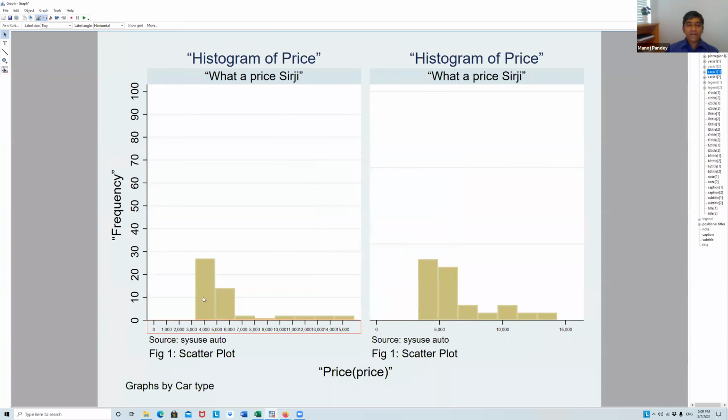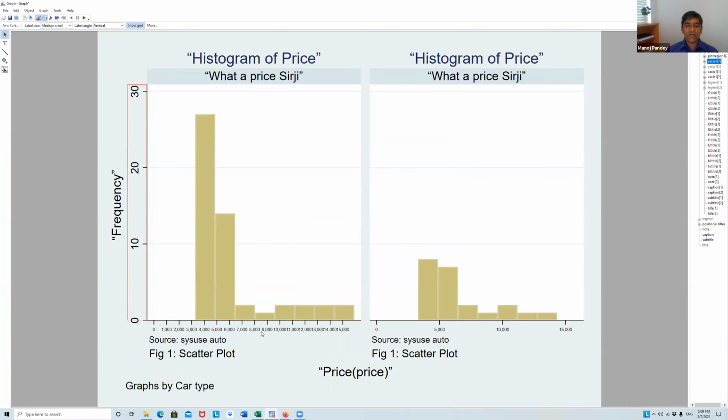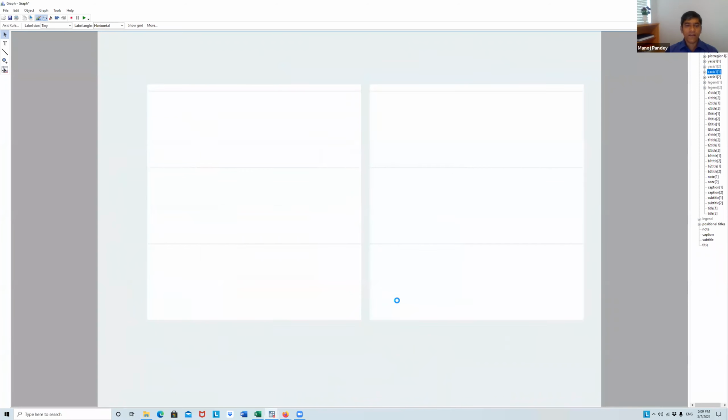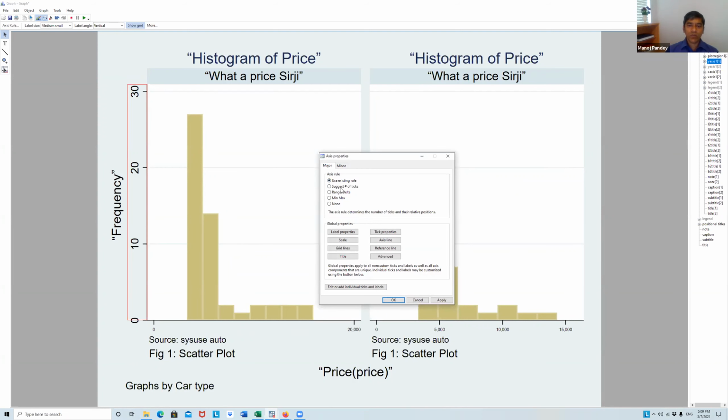So you can always change this. If you want suggested number of ticks, let's say 4, let's make it 3. Now this is getting different, isn't it? Yes, sir. And if you want suggested number of ticks, let's say 2, then it will change as well. So you can change the graph by just clicking here, and then you can work around.